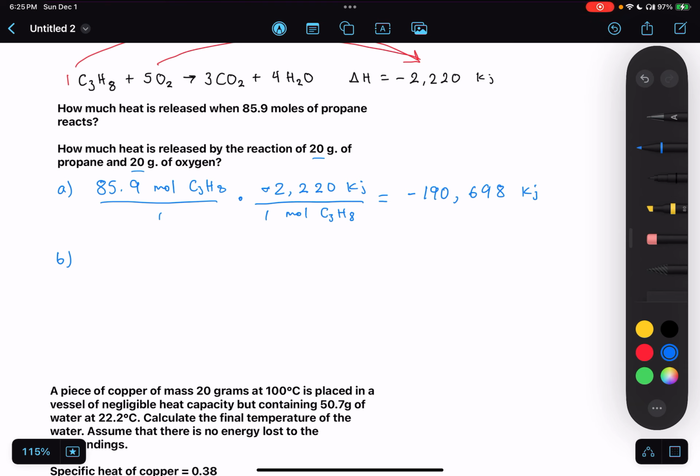Now, remember back when we were looking at stoichiometry, one of the things we had to look at was limiting reactants. So for this one, before we start calculating kilojoules and all that, I want to first find the limiting reactant. We can do that with a molar ratio. So I have to go from grams of propane and oxygen to moles of propane and oxygen. We can do moles of propane first. We get 20 grams of propane